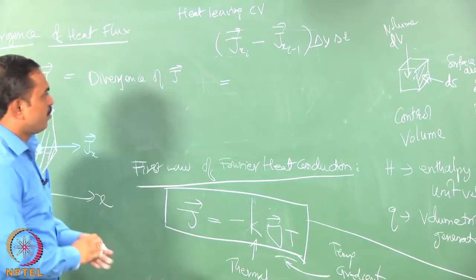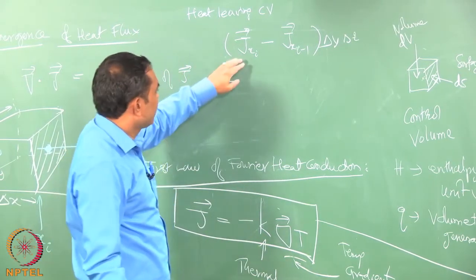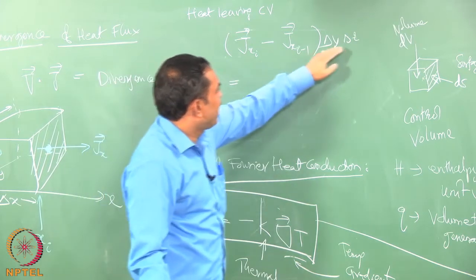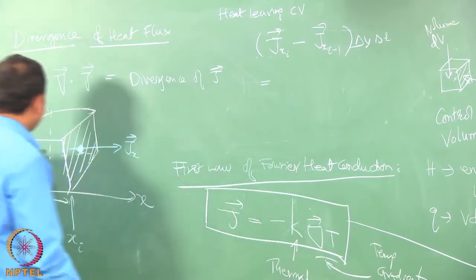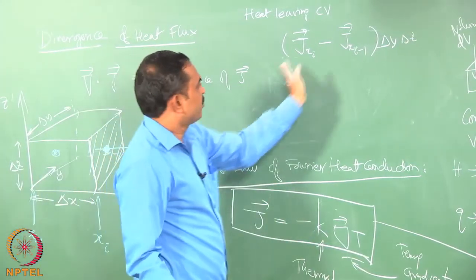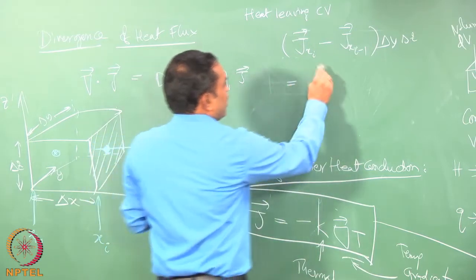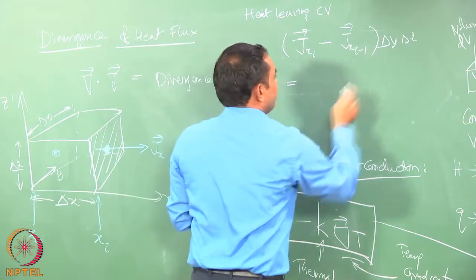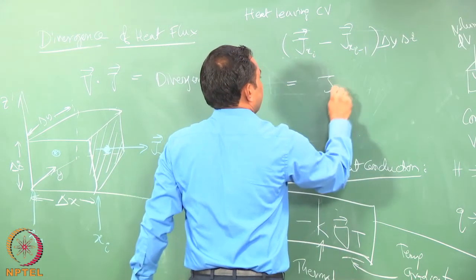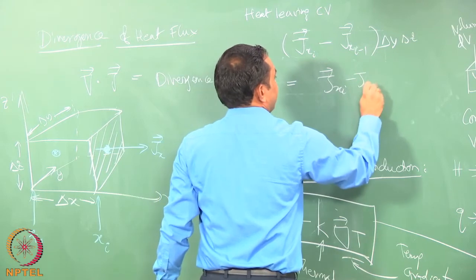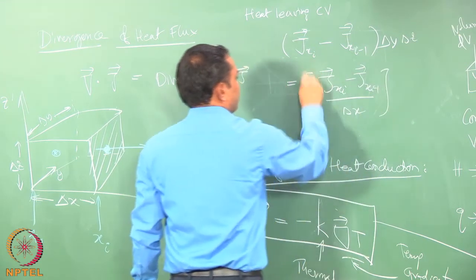heat leaving the control volume, because J is the heat flux, that is joules per meter square, and heat per unit area into the area is the heat that is leaving out, minus this that is coming in. So, the difference between them should be what is actually going out. If it is positive, that means it is going out. So, if this is so, then I will just divide and multiply with delta x. So, I would write it as J_x,i minus J_x,i-1 divided by delta x, and